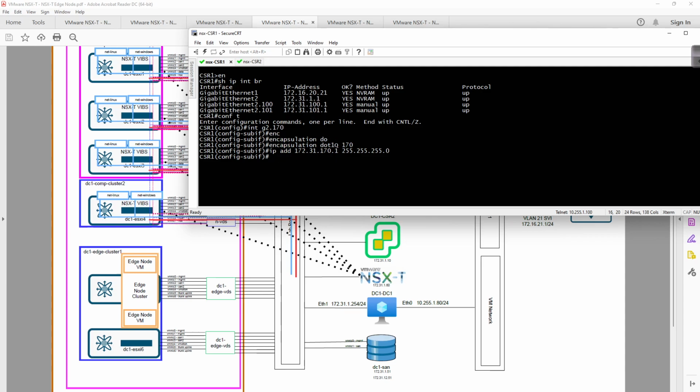So I'm going to go ahead and type in standby 170. IP is going to be 172.31.170.254. Just like that. And then I'm going to hit the up arrow a couple times and do 171. Encapsulation 171. And do the same thing here. And then standby 171. And do 171 there. Okay, so now